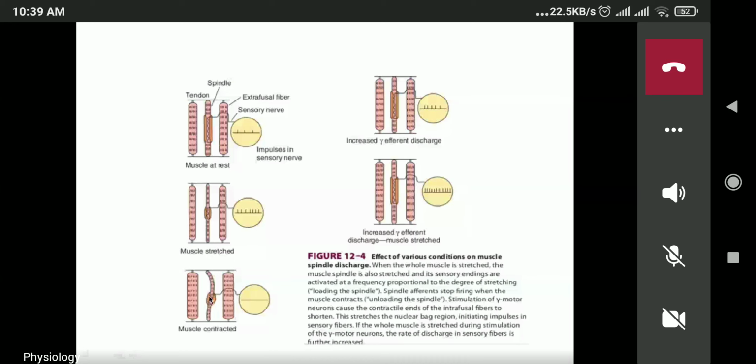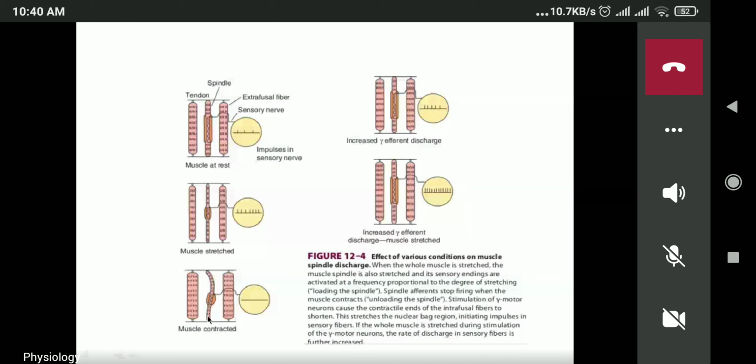Okay, so when it is laxed, at that time the sensory fiber is not getting any impulse, so there is no action potential. You see a line only. Now again, from the gamma motor, these two ends of the intrafusal fiber, gamma motor fiber will be discharged here, and this portion will be contracted, and that will come into normal position like this.